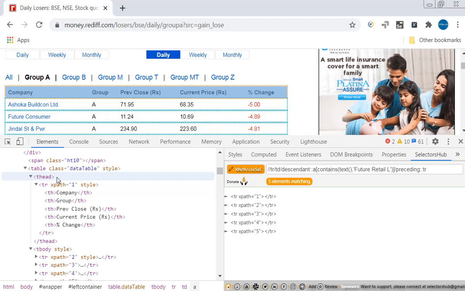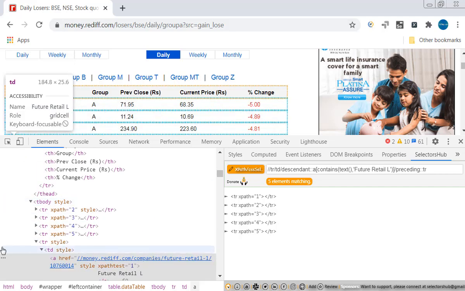Why? Because when you give preceding, it is not only checking within the same level, it is going within the table. Is there any table row which is available? So it doesn't look only into the table body, it will go beyond the table body and check in the table head, anywhere in the web page, beyond the table, it will identify. So you are getting 5 matching nodes.